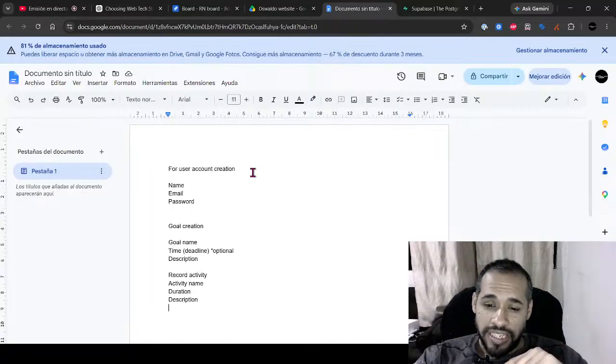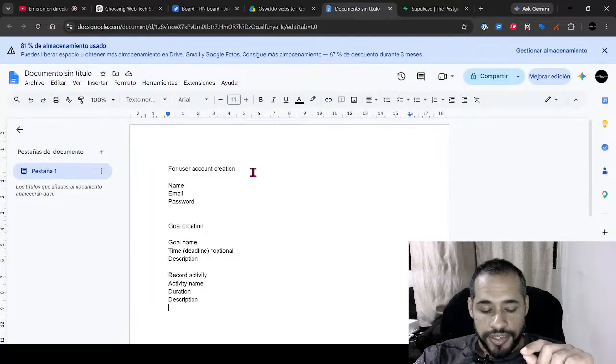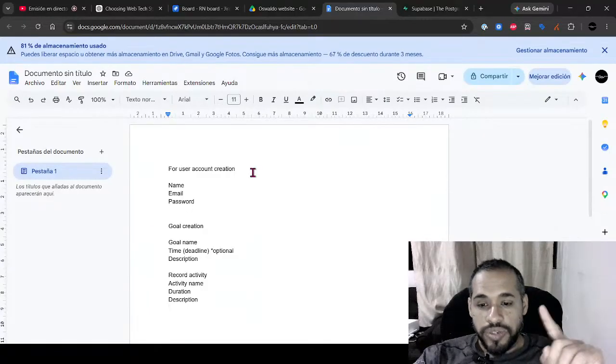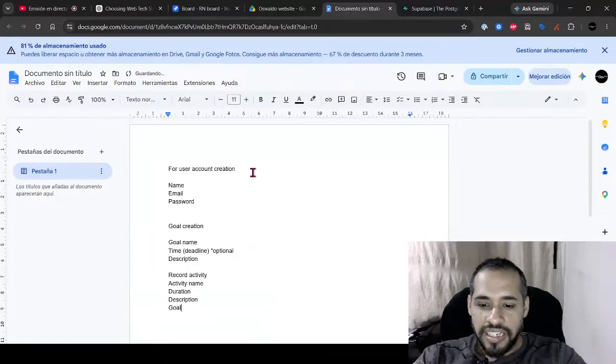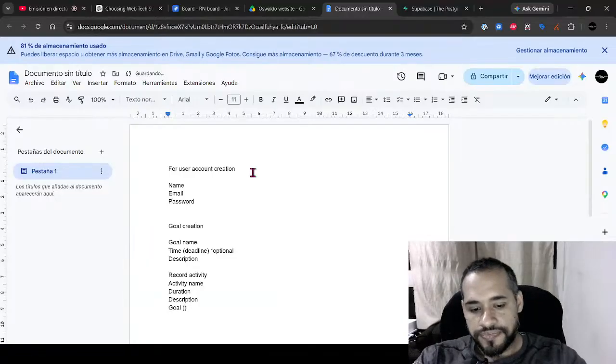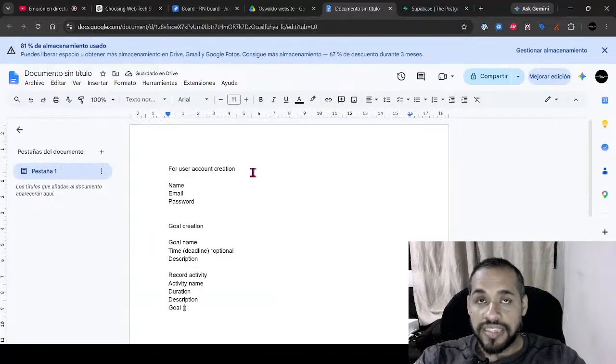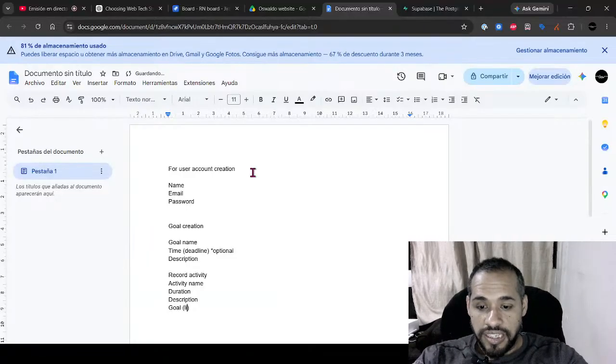And obviously, it should be linked with the goal, using, for example, a goal link.